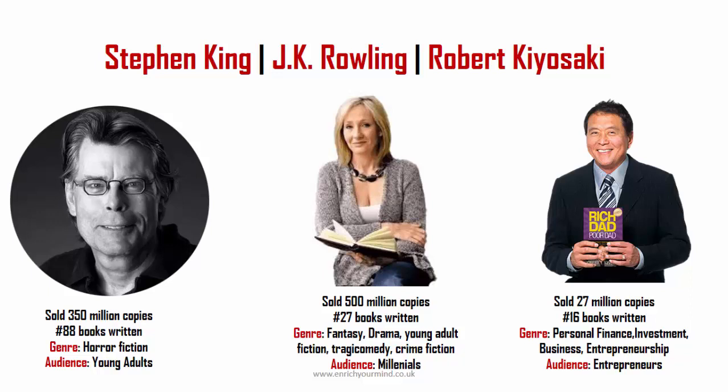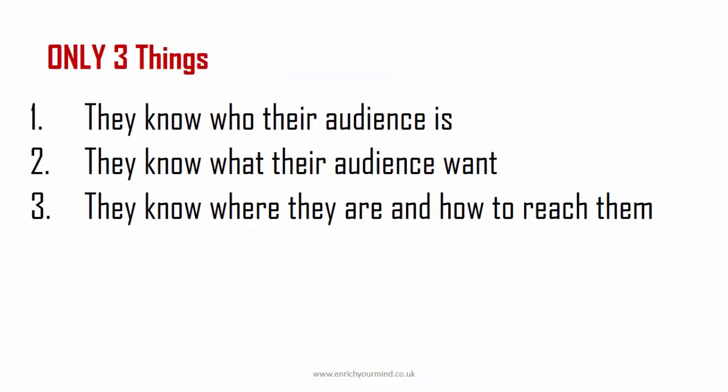Same thing with Stephen King, same thing with Kiyosaki and everybody else. You'll see they have their audience they're speaking to, and they know what the audience really wants, and they are constantly churning out new books centered around what the audience wants, coming from different angles, penetrating different audience segments based on the evolving needs out there. So that's what you need to do. Like I mentioned, know who your audience is, what they want, where they are, and how to reach them.